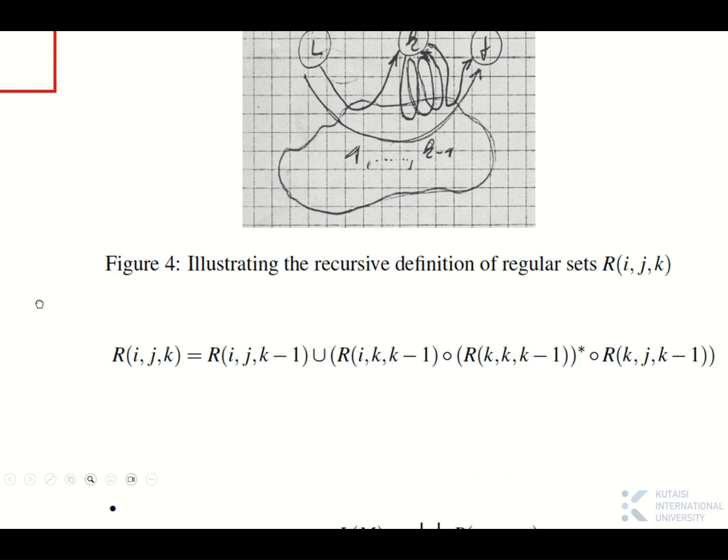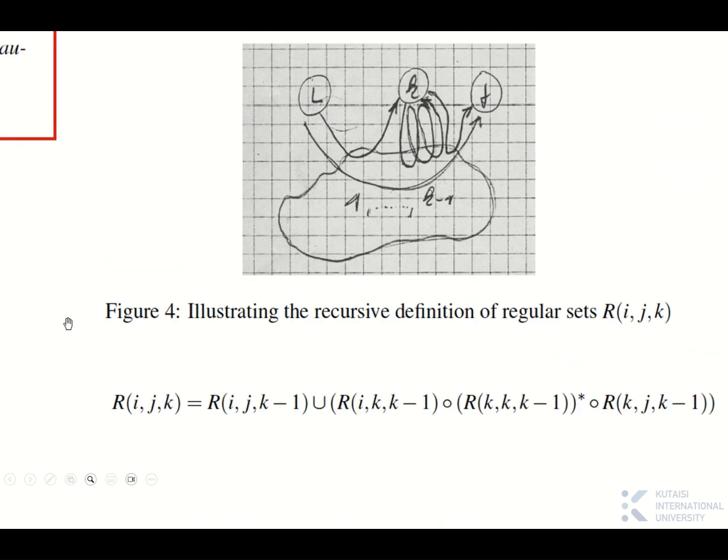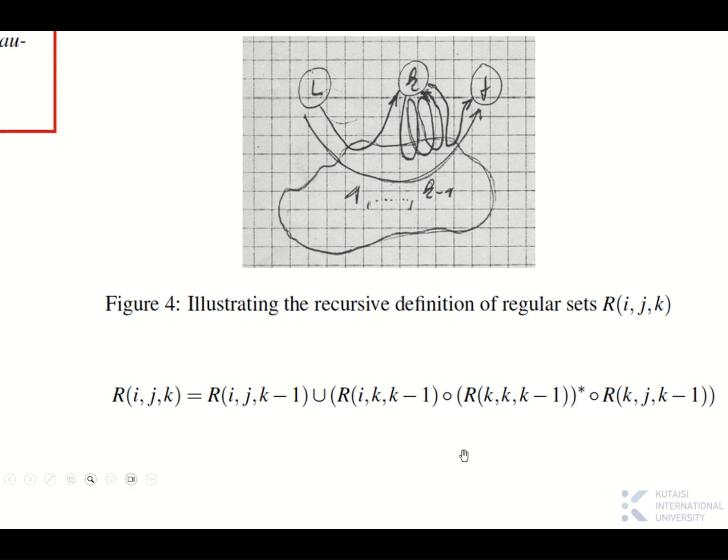But okay. So now I know that Rij0 is regular, and I assume by the induction step that Rij k minus 1, k minus 2, k minus 3 are all regular, and I want to prove that Rijk is regular. Now you have to flex your brain. First let me tell you what I will do. Rijk, I want to prove that this thing is regular, if I can write it as